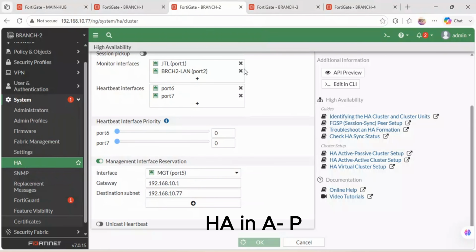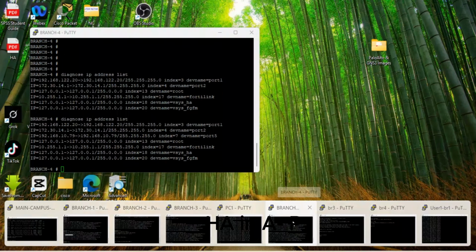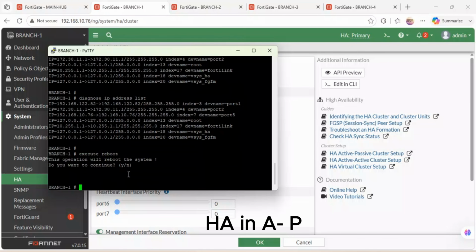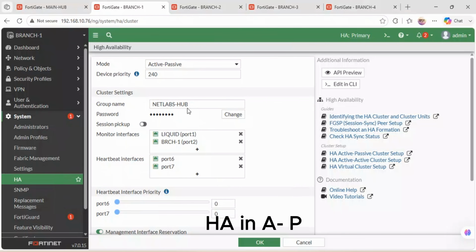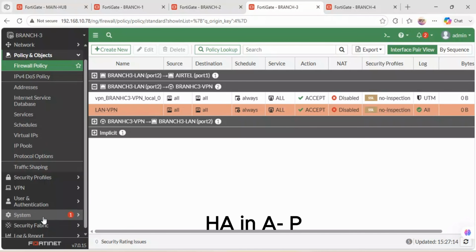So we are rebooting branch 2. Let me reboot also branch 1. This is branch 4, so I do not need branch 4. Execute, reboot. So as the two branches reboot, let's verify some of the features on these particular firewalls